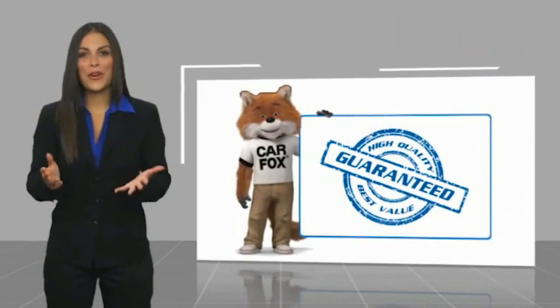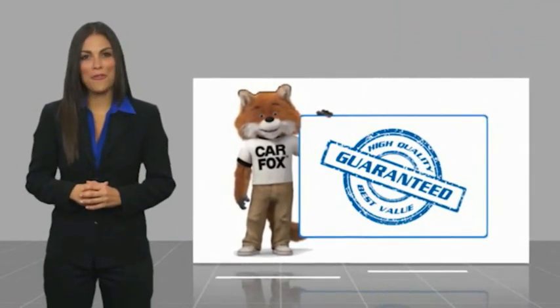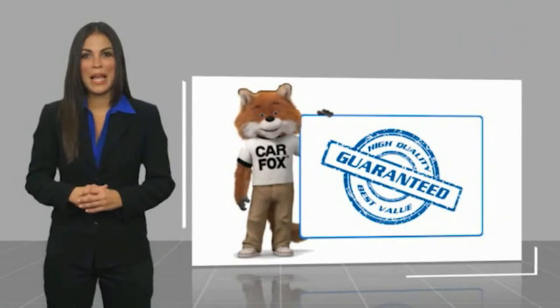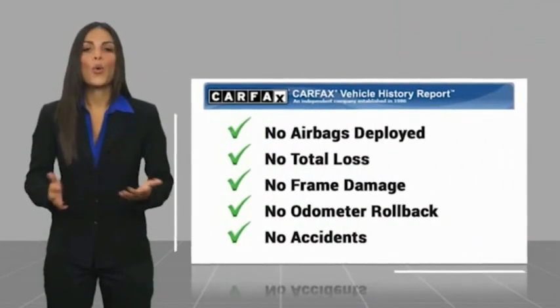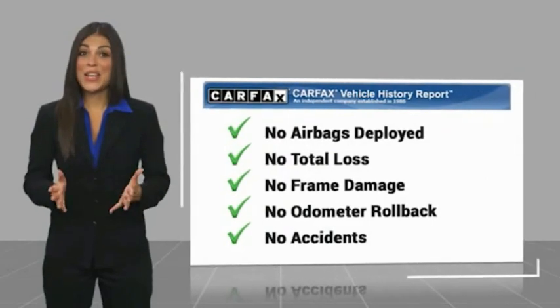Here's another high-quality vehicle with a Carfax Vehicle History Report. Be sure to find a complimentary copy of this report online or contact the dealership. This vehicle qualifies